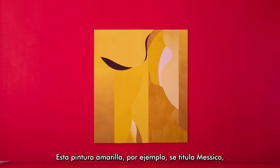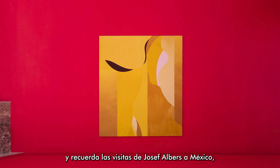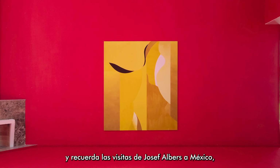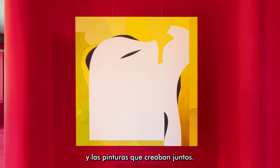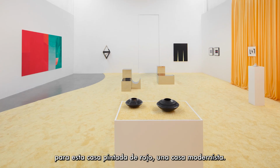This yellow painting, for example, is called Mexico, recalling Josef Albers' visits to Mexico and the photographs she would take with Anni Albers and the paintings they would make. And this show is a site-specific body of work done in this house that is painted red, a modernist house,